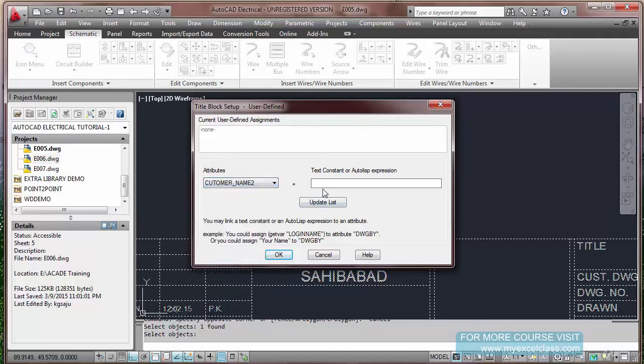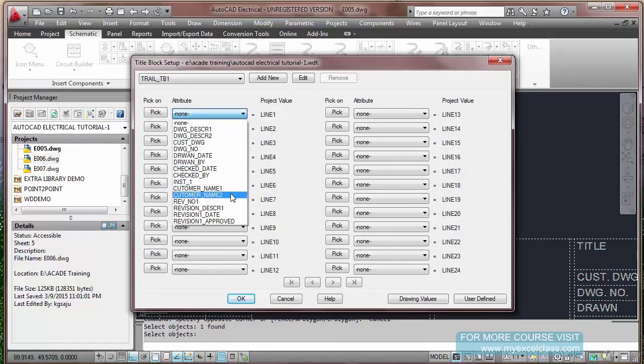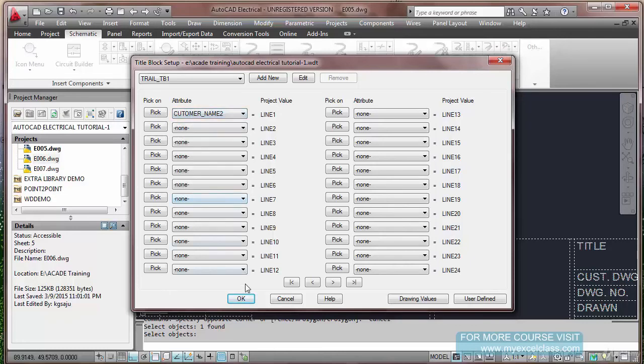So here I am going to put Khopoli. This is nothing but the name of a place like Saibabad. Update. Okay, only this.